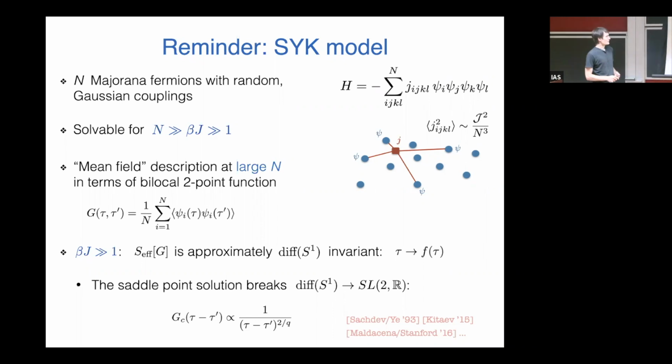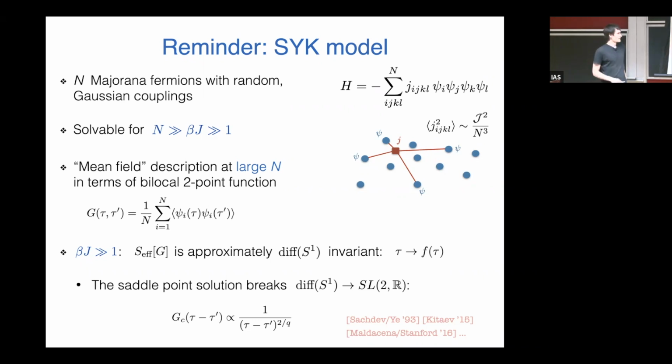The couplings are these randomly chosen disordered interactions. The reason this is nicely solvable is that at large n it simplifies and can be formulated in terms of these bilocal mean field variables, which are two-point functions that are bilocal in time. In particular, in the large n limit, you get an effective action for these variables, which is essentially classical,